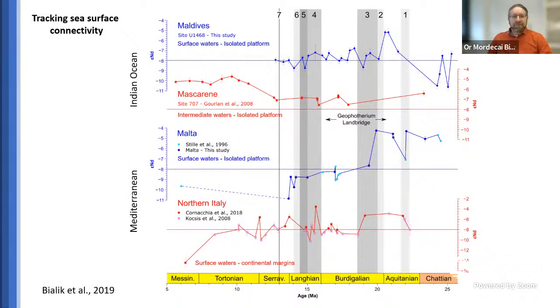And this plot composites all of what we know, so all the data we have for neodymium isotope, which is the tool that we select for the fingerprinting. The top line gives us the surface water in the Maldives, our Indian Ocean end member. And although there's a little bit of shakiness in the late Oligocene, early Miocene, it's mostly flattened out at around -8, which is nice because that's more or less where it is now. There was already one published record from the Mascarene Plateau from Gourlan in intermediate waters, a little bit more radiogenic, but also quite stable.